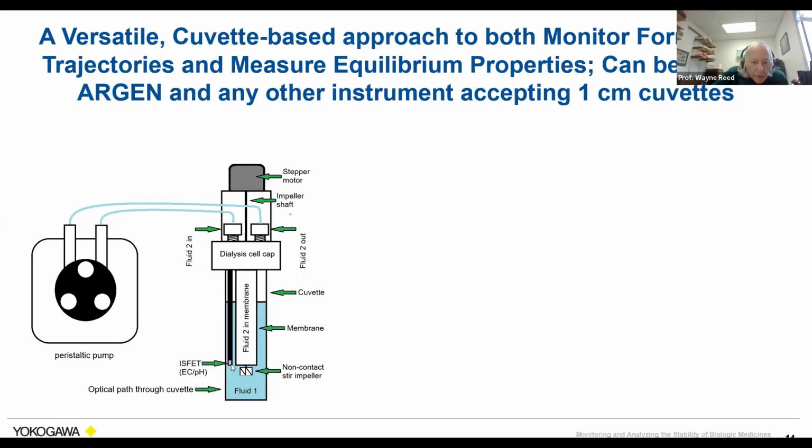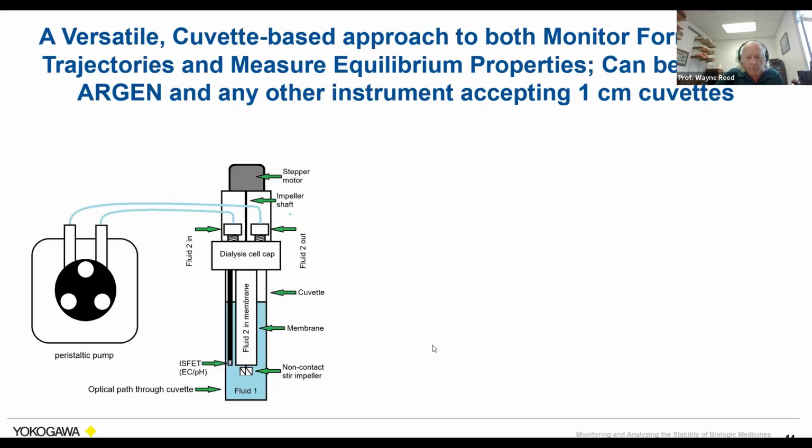Now, an important advance we had is we found these ion selective field effect transistors. They're really tiny and fit beautifully into a tiny cuvette. I mean, there's not much real estate in there to get all this stuff in, but it's all in. And that will measure the electrical conductivity, which will be related to the concentration of any charged dialysates, and pH. There's also ones available for oxygen.